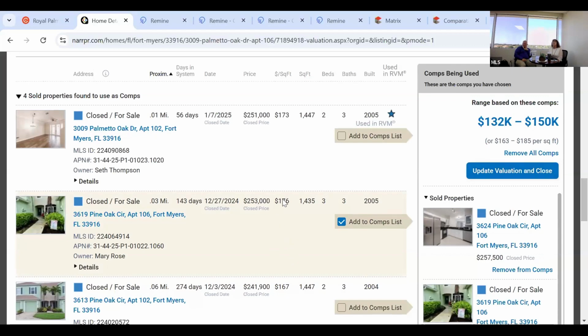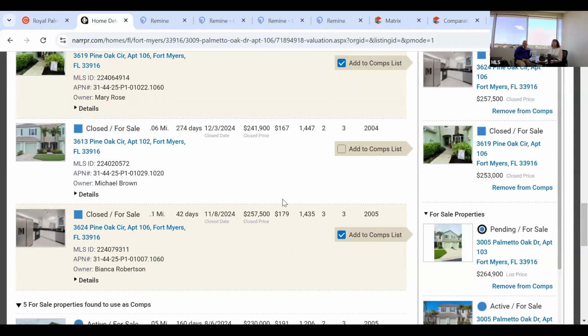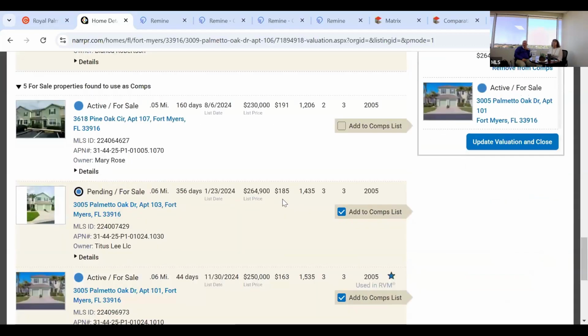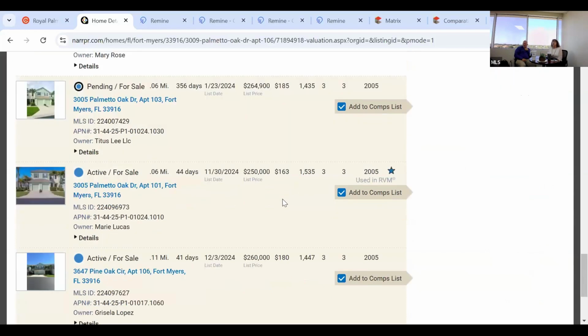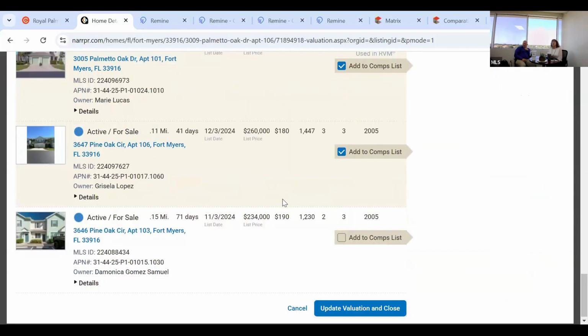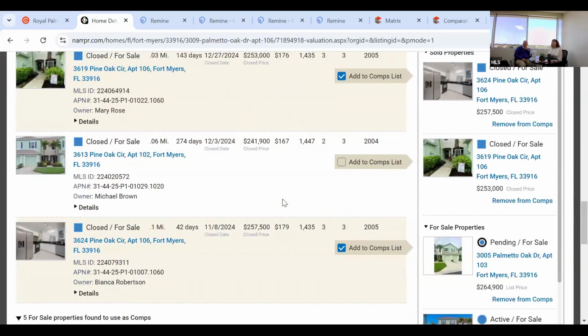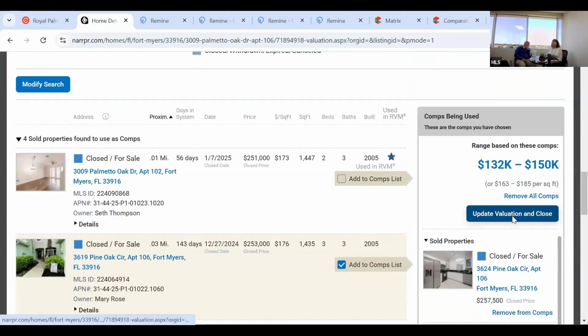253. What did I do? And again, these aren't accurate CMAs that I'm doing for you guys today. This is just showing you how to use the tool. But no, I don't see any rentals in there. Okay, so once you're done, you're going to click update and close. And it'll move